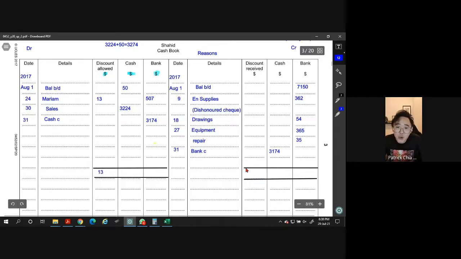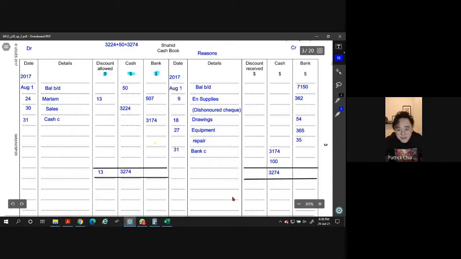Okay. Then when you do balancing, please do one by one lah, guys. Don't straight away do both. So let's do cash first. So always, what do we do again? Put the highest number inside, correct or not? So obviously, highest number is 3274 on the left hand side. Then right hand side also same thing, 3274. So what's the missing number? 3274, which is the 100. What do we call this 100? The details. This is called balance CD.